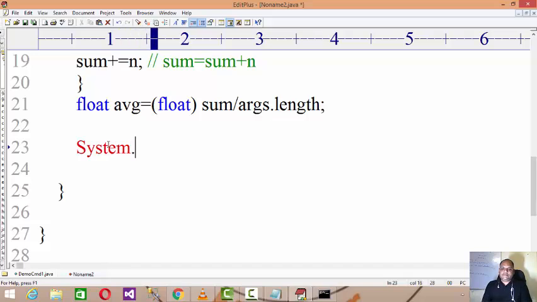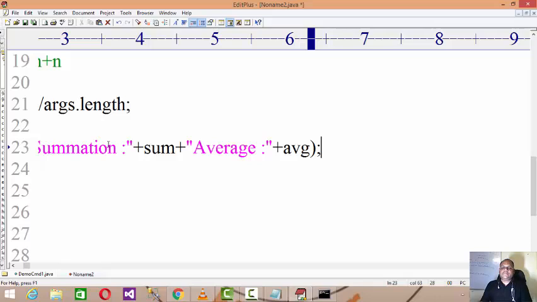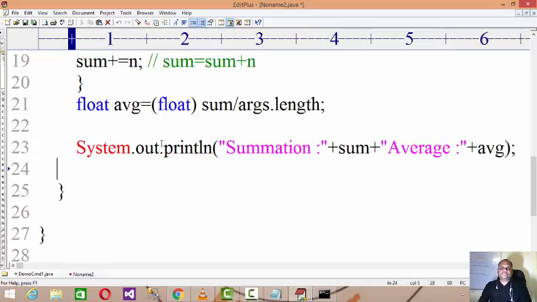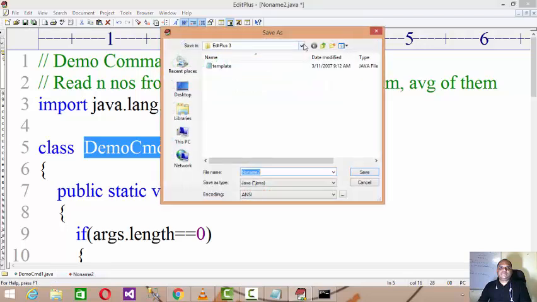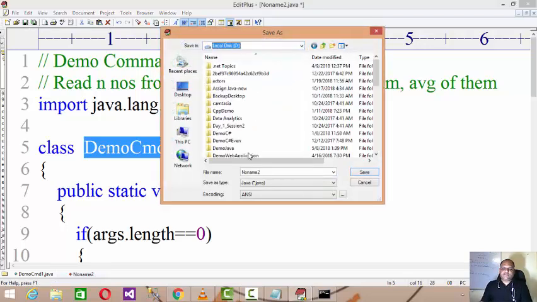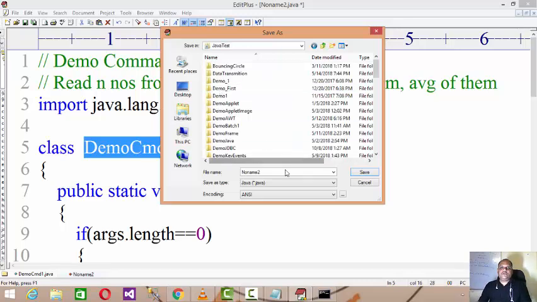So let us print the result. System.out.println, the summation is some value I will print, and then I will write average and print the value of avg, right? And now my program is ready for execution, so I will save this code as demo cmd in the Java test folder or any specific folder where you want to save it, and